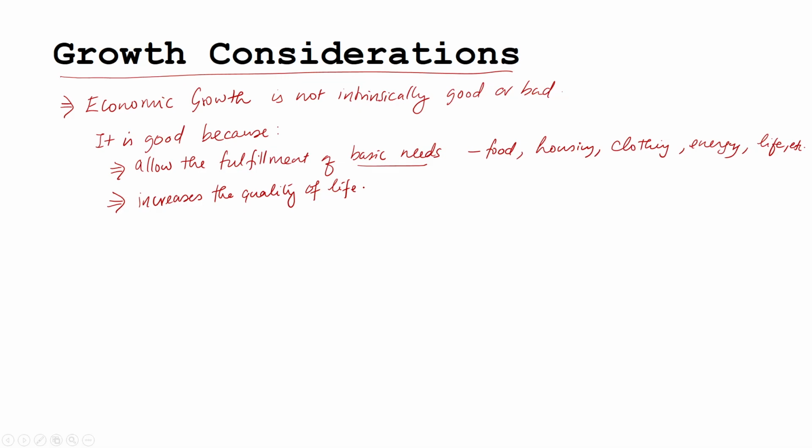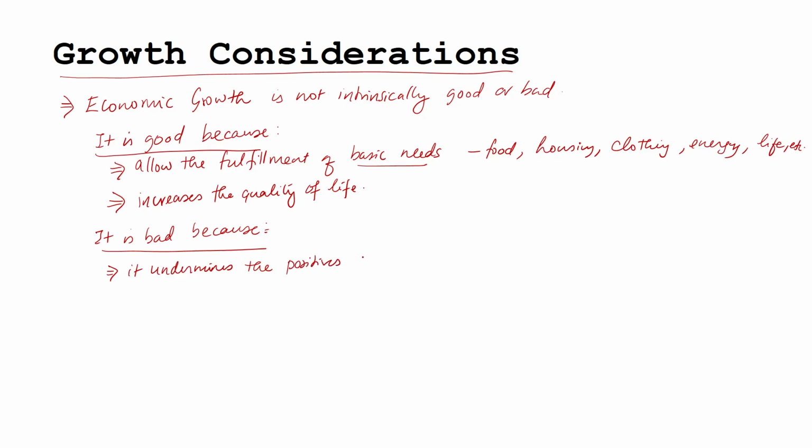Okay. That is the second aspect. So, it is good because of two major reasons: it allows fulfillment of basic needs and increases the quality of life. Okay. It is bad because, okay, there are bad aspects also to it, because it undermines the positives, immediately or in the long term, through adverse environmental